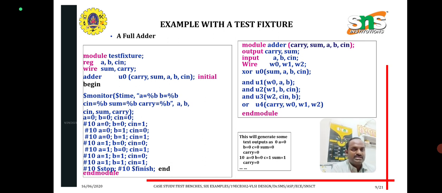and asked to define first of all A, B, C in everything is 0, and again it increases one by one and it will finish. So this is the first full adder, and again the adder, full adder, another module. That means we are creating the module adder carries sum A comma B comma C in, and the output carries